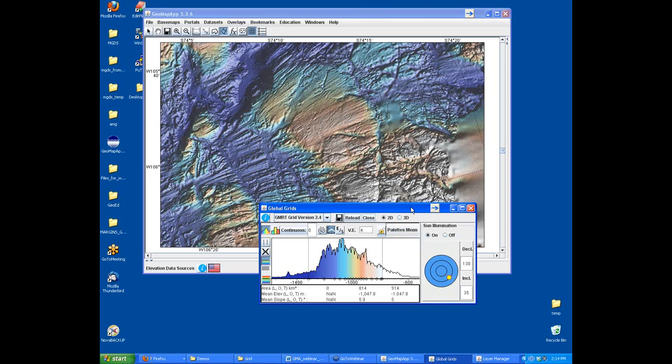Okay, so that's the basic functionality of GeoMapApp: zooming, going to a particular area, generating profiles, loading the base map grid, and manipulating the grid. Are there any questions at this point? So if there are no questions, it doesn't look like any are coming in, great,